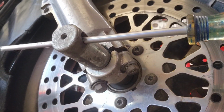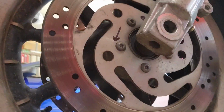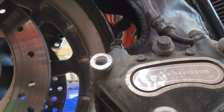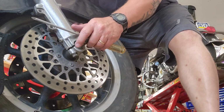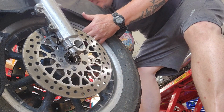Okay, so I got the axle fork cap nuts loose, and to loosen the nut I had to put a screwdriver in there, and I went ahead and was pulling the axle out. As you can see, I have the calipers off. They're a 10 millimeter 12-point socket, and you just take the ones that mount the caliper. Don't split the caliper, but take the ones that just mount it to the fork. Then we lift up a little bit, slide the axle out, and get your spacers out of either side,